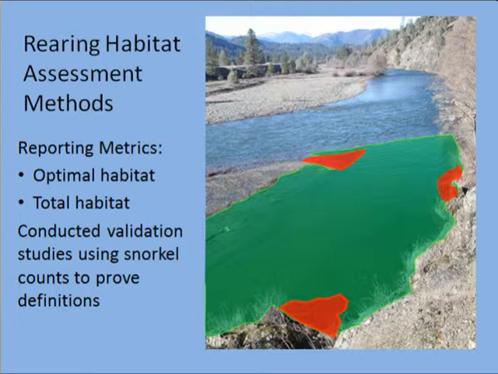And when we were developing this, we created the maps, and then we went back out there multiple times, and we snorkeled these different qualities of habitat that we described, and the fish densities totally jive with what we were saying. The optimal habitat has the highest densities of fish, probably 3 times that of a suitable habitat, and areas outside of any of those criteria, we have very, very low densities of Chinook and coho. And for coho, coho was primarily only the optimal habitat. We know they're really tied to cover. So, we have Chinook, and we say they can use the total habitat in any of these combinations, but for coho, it's limited to only our optimal habitat within cover.